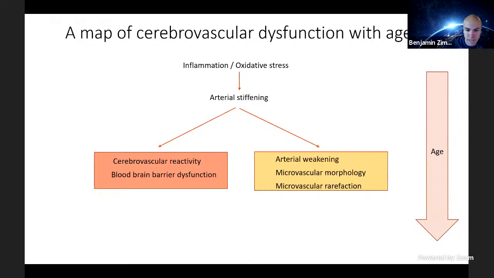But before I show you that, I wanted to zoom in on that cerebrovascular decline component. If we do that, we see that cerebrovascular dysfunction comprises a number of both structural and functional factors. These are the more structural factors. These are the more functional factors. These functional and structural changes are what are thought to contribute more to the damage in the brain and the cognitive impairment. But we see that arterial stiffening upstream often appears to start occurring before these downstream changes that seem to be more damaging.